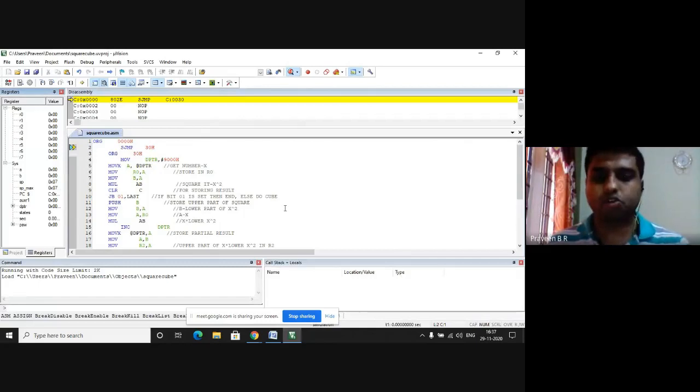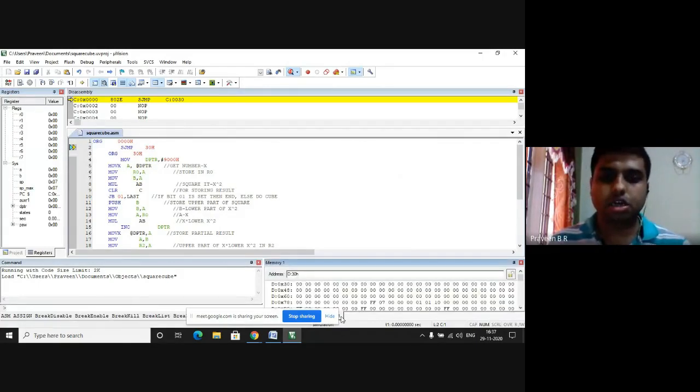In the screen, I have to go for the memory window. Here I am checking the output in 20H memory location. So I type over here D colon, which indicates that it is the internal memory location. In the same program, I have to check for the square of a given number and the cube of a given number. To distinguish whether I am performing square or cube, in 30H memory location I type 02. So 02 indicates that I am calculating the square of the given number.